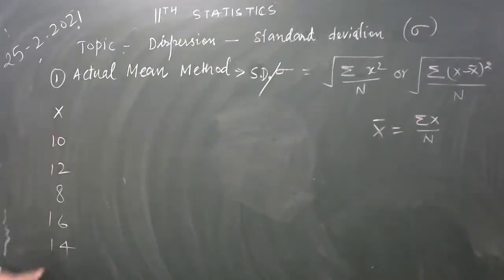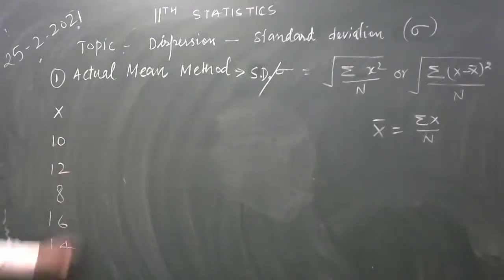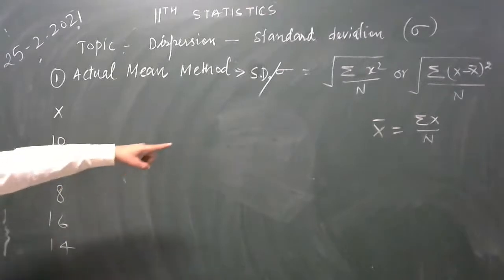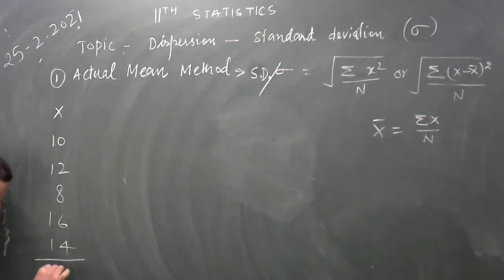Let this be the income. Find out the mean income. First is summation of x, the sum of x. Now you have to add all these values: 10 plus 12 plus 8 plus 16 plus 14 is equal to